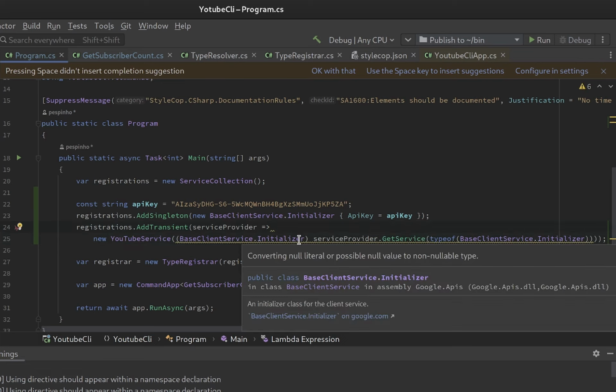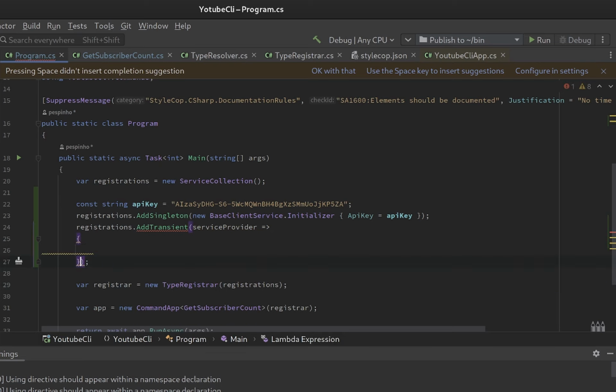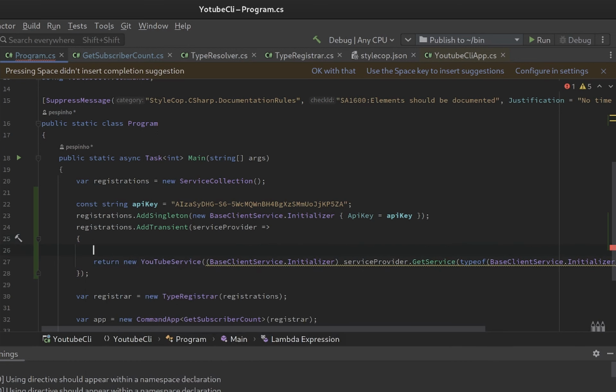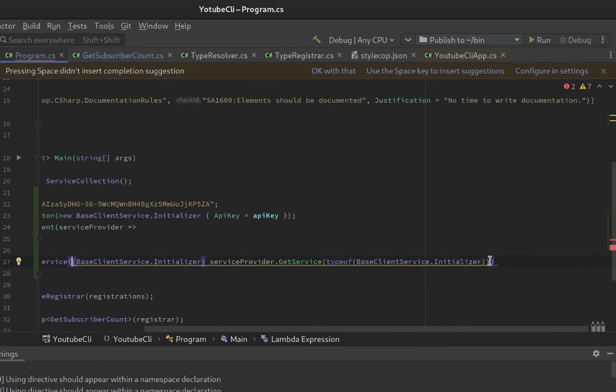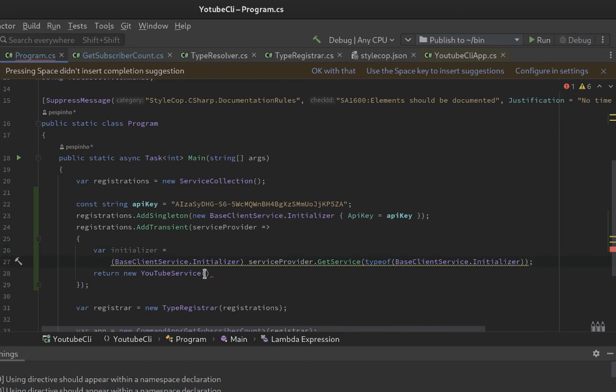I think I just want to do this: create a scope here and take this out here and put this inside the scope and return this, and just take here a variable and say this is the initializer, and this initializer is equal to this whole thing here, and probably I should put the initializer,